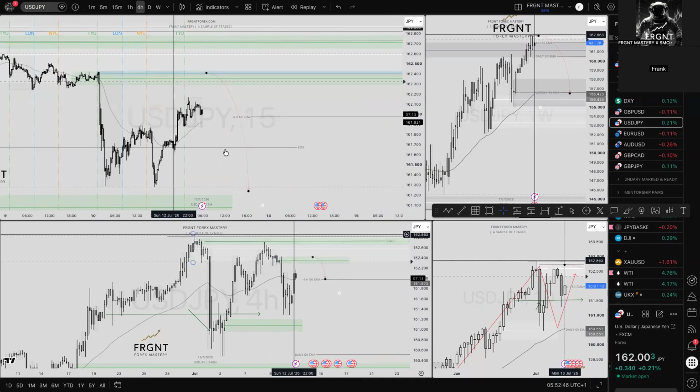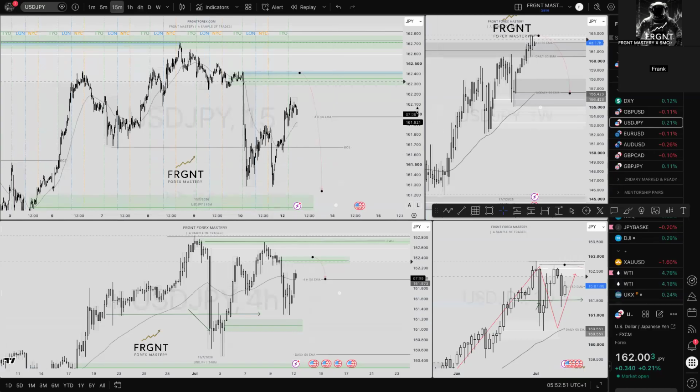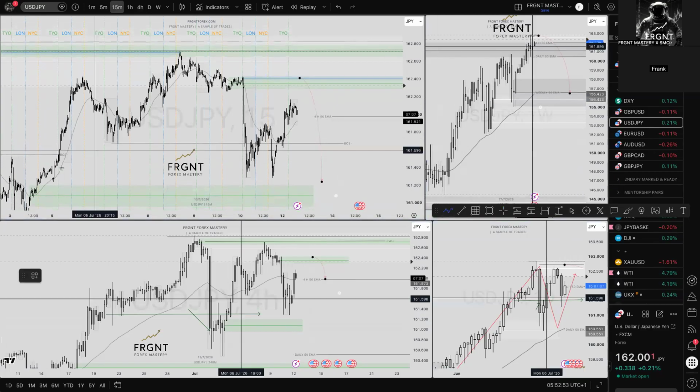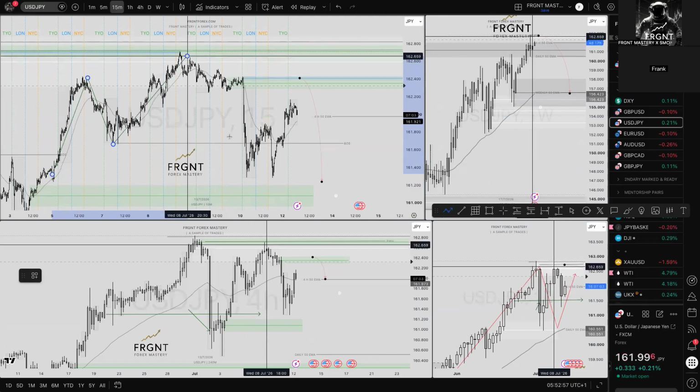So I'm going to highlight it. Then I'm going to refine it down and go to the 15-minute time frame to see if that makes sense. Well, would you look at that? Beautifully, we can see that price action can move towards the upside. That's fair to say. And then look at this.